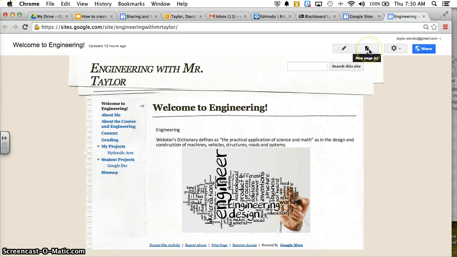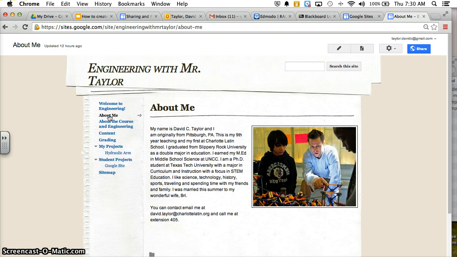New pages. This is how you create a new page. Once you create a new page, the page I want you to create is an About Me page where you can give a description about yourself, interests, images. That's what we did during Wednesday's webinar. Once you have created that page,